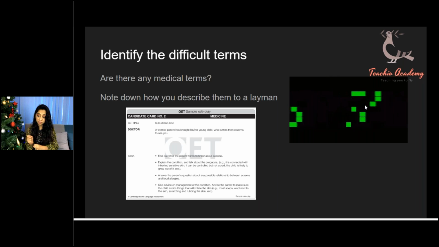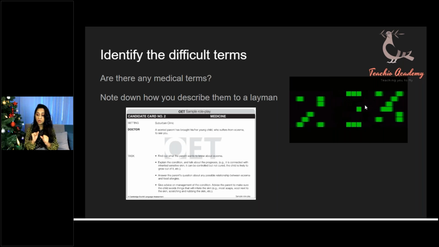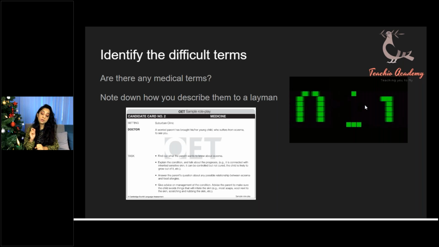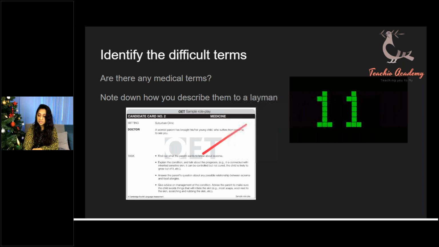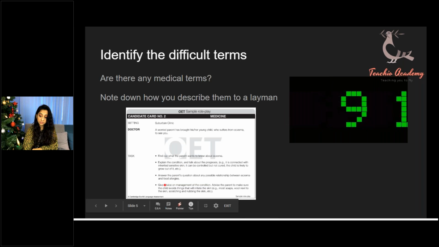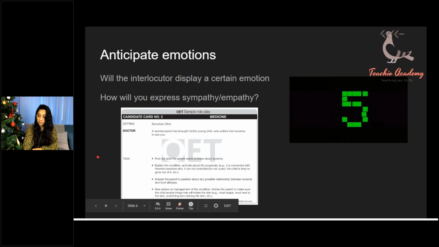And Kinza, we pay attention to the grammar when we're doing this. If I make a solid plan, that's going to impress the examiners and that's going to automatically get me to passing. Okay, so that's what we're going to do. We're going to be putting 2 stars on the difficult terms on the role play.